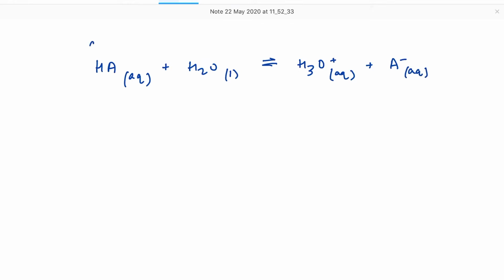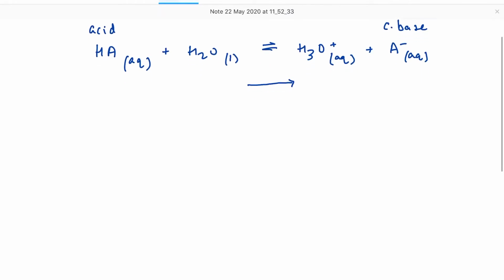Okay, so that is our acid, and this is our conjugate base. A minus is the conjugate base, or the anion. And the stronger the acid, the further to the right this equilibrium lies. So for very strong acids, to all intents and purposes, we expect them to be fully dissociated or fully ionized in solution. Now we're going to simplify this, so we can just write this expression as HA for the acid,